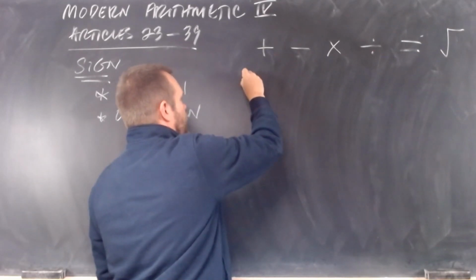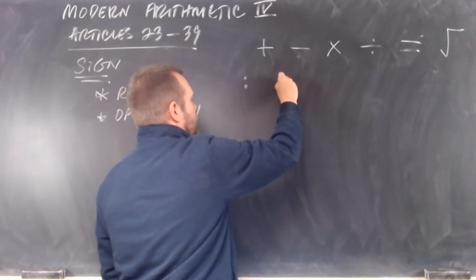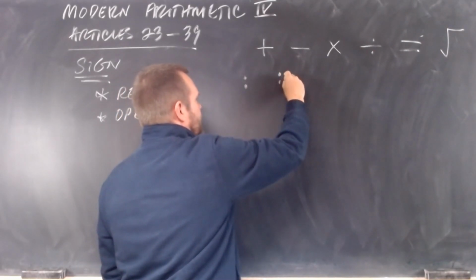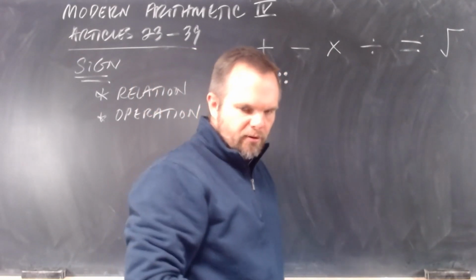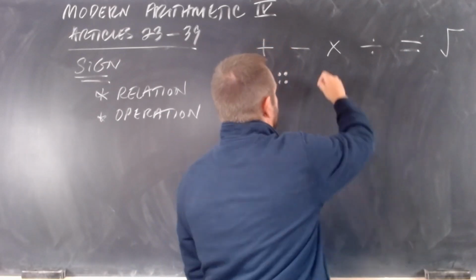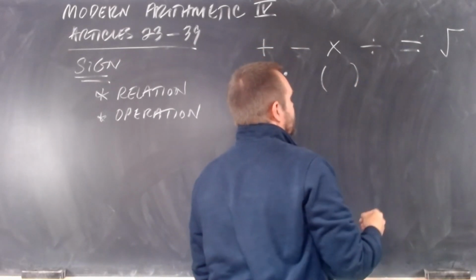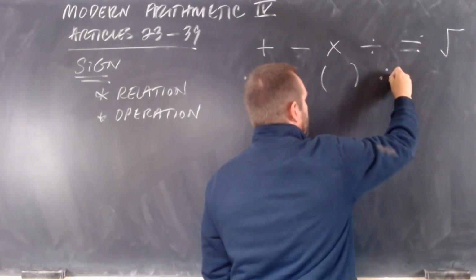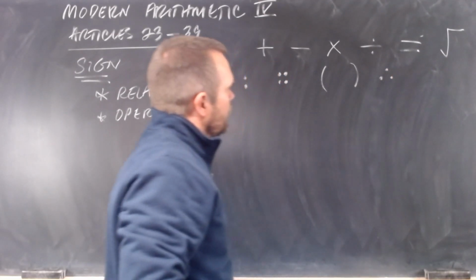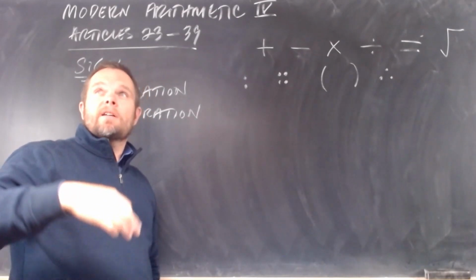We see this colon, and then we see a double colon. We'll talk about what that means in this lesson. We then see parentheses, and then we see a triangle of dots. And there are a couple other signs here in